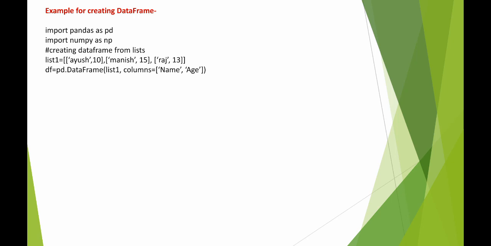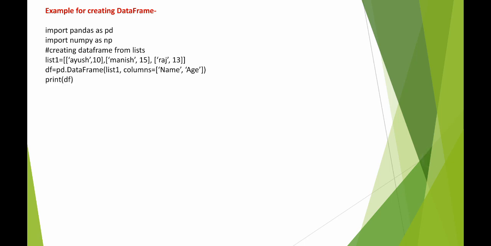Now we have to pass this list into the data frame. It is very simple to create a data frame. We only have to create this data frame object here. Here df is a data frame object. df = pd.DataFrame. As we were writing pd.Series earlier, now we have to write pd.DataFrame. Then we have to pass this list1 inside the data frame, and here we are giving the column names also. Earlier we were just passing the particular data. Now we are passing the data as well as providing the column names here. So now let's see what will happen.